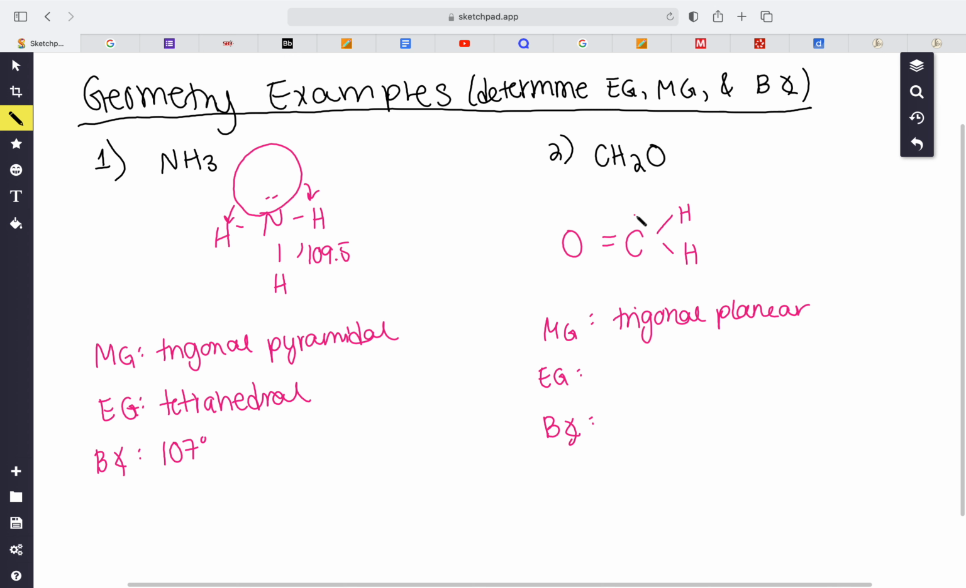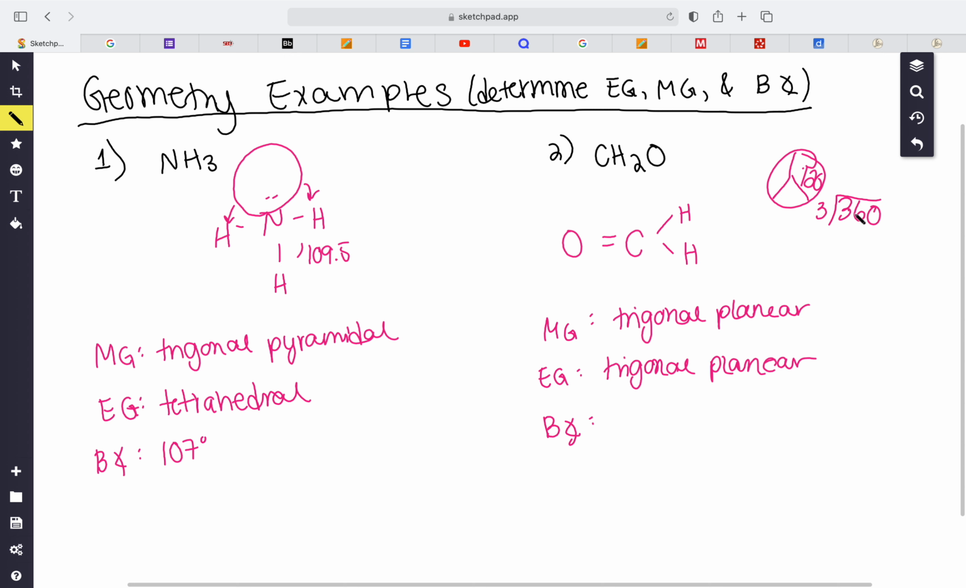Because there are no lone pair electrons on the central atom, the molecular geometry and the electron geometry are the same, so it's going to be trigonal planar. Now the bond angle of something trigonal planar, let's think. Since it's planar, we can think of it as a flat circle, and if we cut a circle into 3 parts, each part is going to be 120, so 360